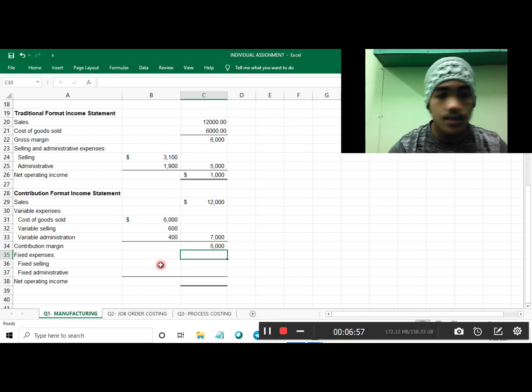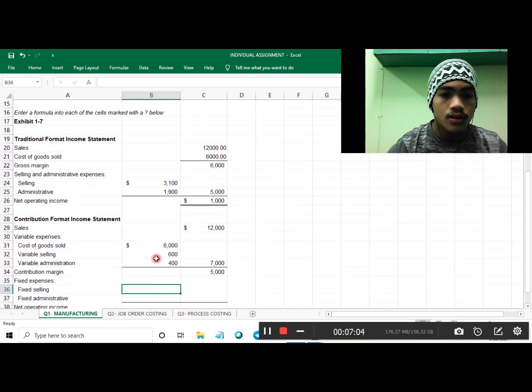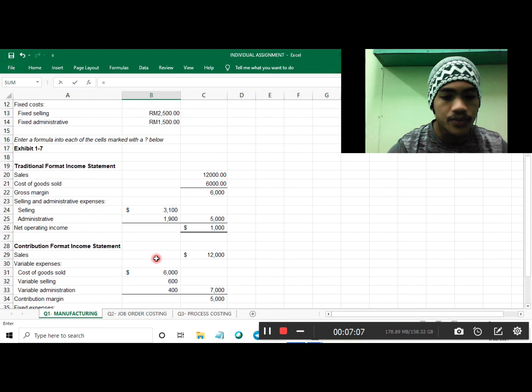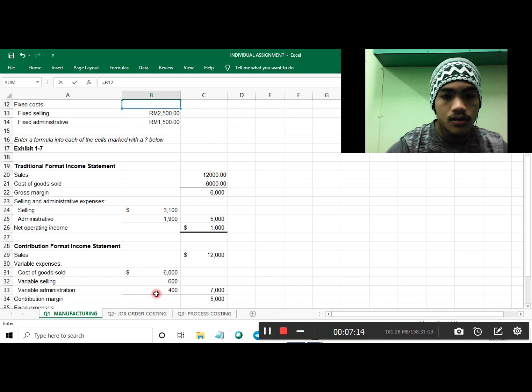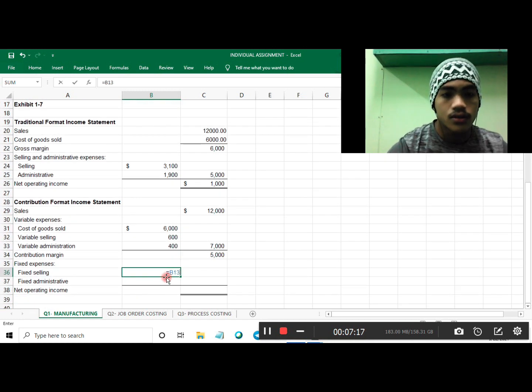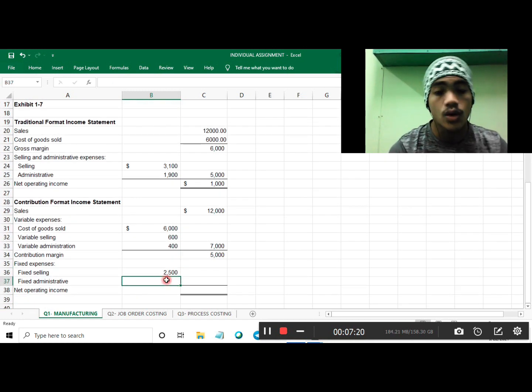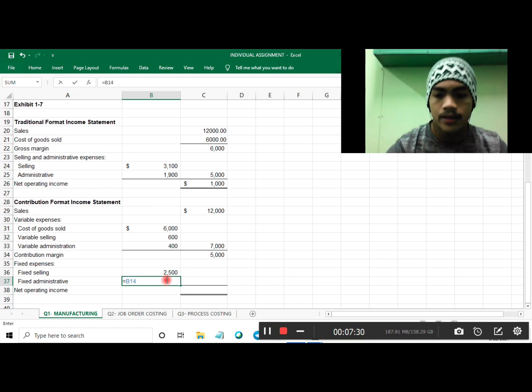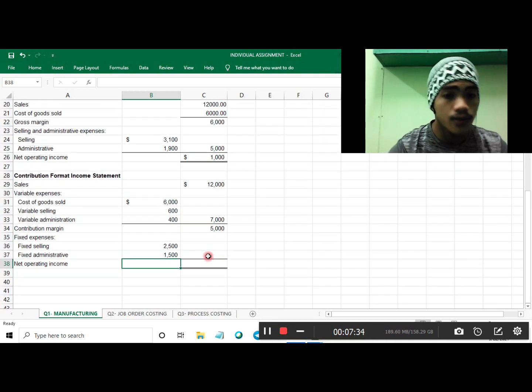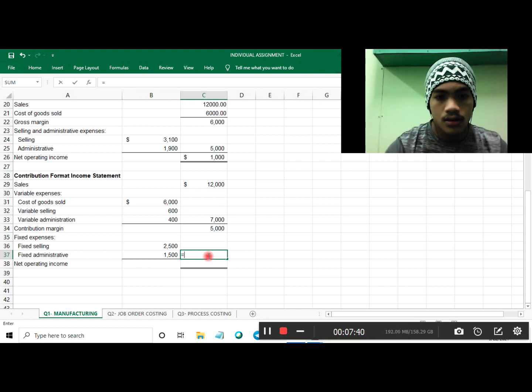fixed expenses. Fixed selling equal B, okay, and then we get 2,500 ringgit for fixed selling. For fixed administrative equal B40, we get 1,500, and then we need to total the fixed expenses: 2,500 plus